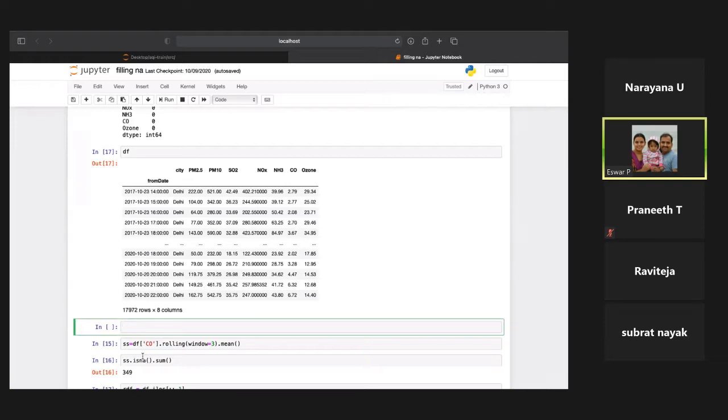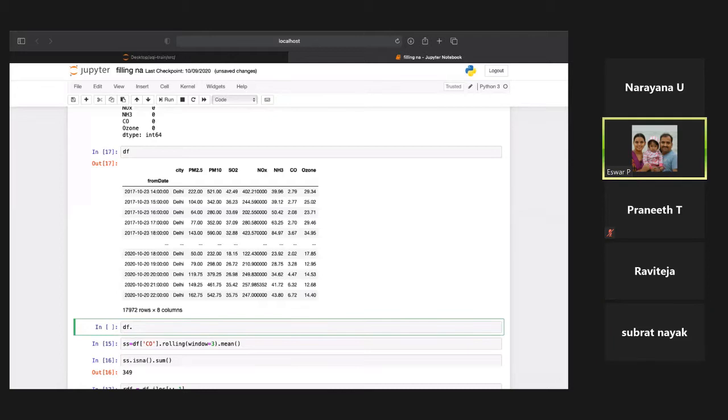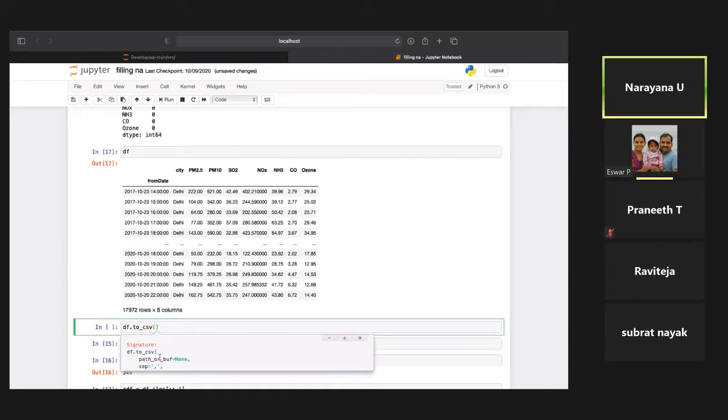So Naik, whatever you have run now, save that as a CSV and post it in our internal group. What is the method to export it to CSV? Dataframe dot to underscore CSV. Exactly. And give a file name, whatever file name dot CSV, with the model you used, like imputed AQI.